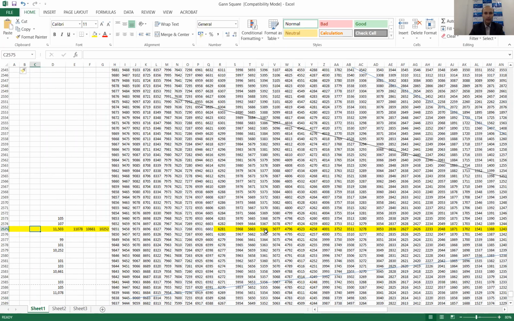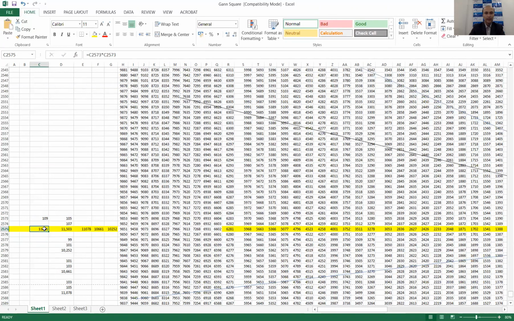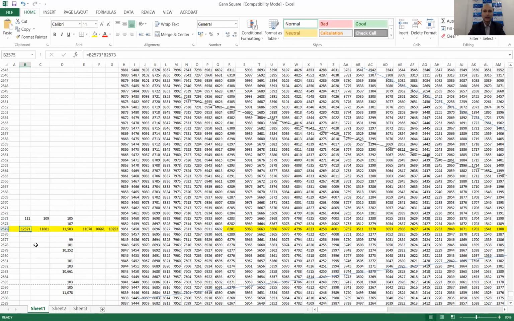To derive this, one simple way is, if this is 107, you add a value of 2 to it, so it becomes 109, and you take the square of 109. Once you do that, you get the next level to watch. So the important level is 11,881. Now that becomes very important, and if you remember, 11,880 was the level that I have been talking about for quite some time now. Post 11,881, if I add a value of 2 to this 109, I get 111, and if I take the square of 111, you will get another level on the upside, which is 12,321.